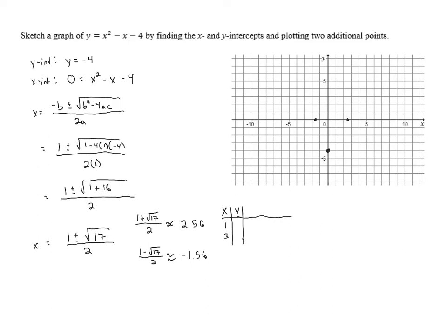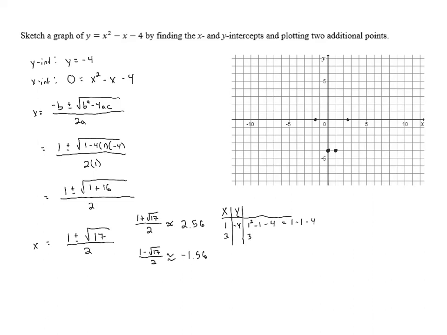Let's plug those in. X equals 1 gives us 1 squared minus 1 minus 4. 1 squared is 1. And the 1's cancel. 1 minus 1 is 0. That leaves us with negative 4 for y. And we can plot that now. 1 comma negative 4 is right there. And then we